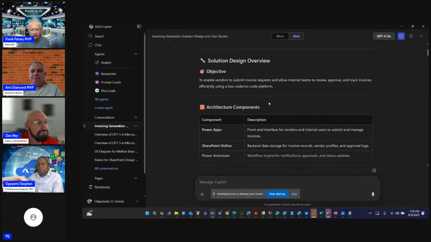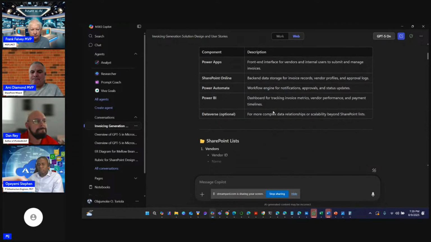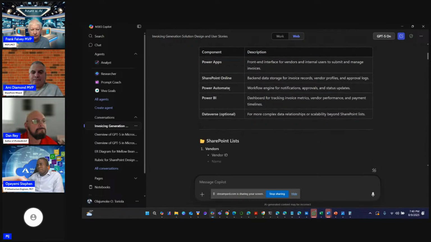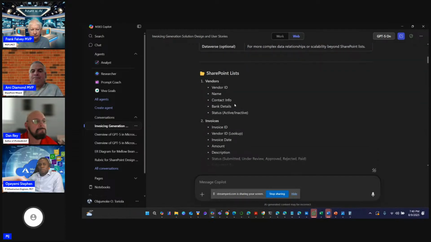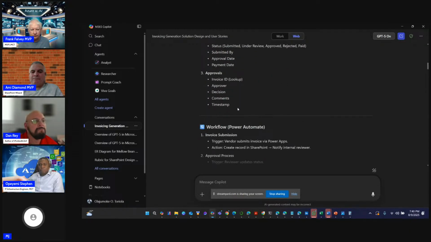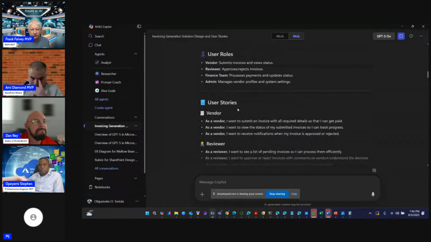More importantly, I know the architecture components, but I want something I can include in the proposal. And then you can see that it gave me the architecture components, in terms of what I'm going to be using each of the components for on the Power Platform, even down to the Dataverse, and then what each of the SharePoint lists is going to be like. And where it was really, really more interesting for me was, apart from the user story, you see, I said come up with a user story